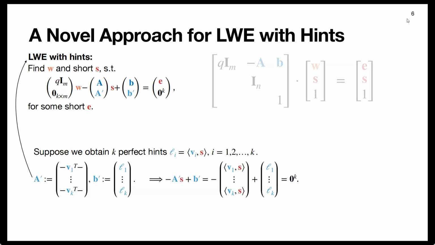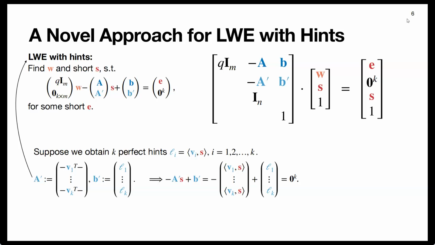So with a minor modification to this base matrix, we get a new lattice problem, where we only add this A' and B' to our base matrix. And if you now multiply W, S and 1 to this base matrix, you get almost the same vector, so you still have E at the top, but now you also get this 0 to the k. And then the new attack is maybe to just find the shortest vector in this case. And this will in fact already be a much easier lattice problem than just using the usual LWE. That's because adding this A' and B' will sparsify your lattice, and the sparser a lattice is, the easier it gets to find the short vector. So that already is quite a bit of an easier problem.